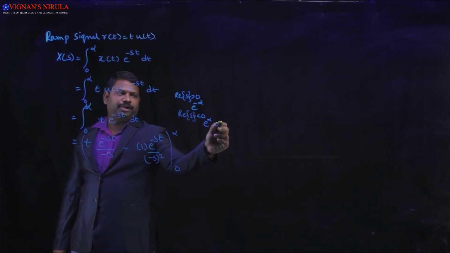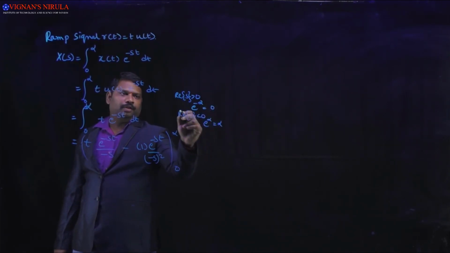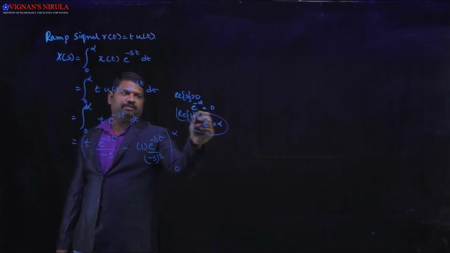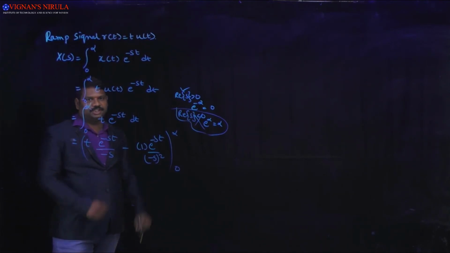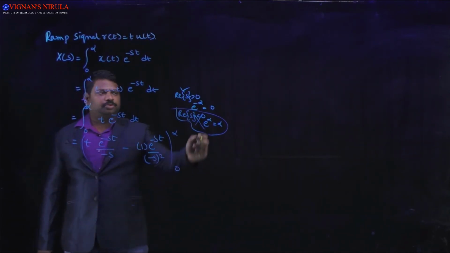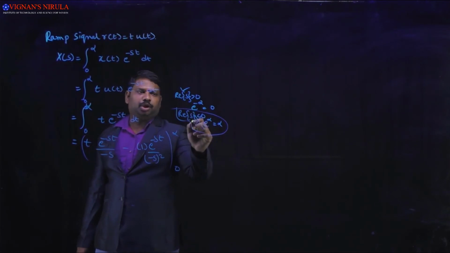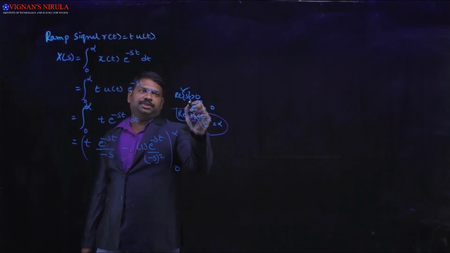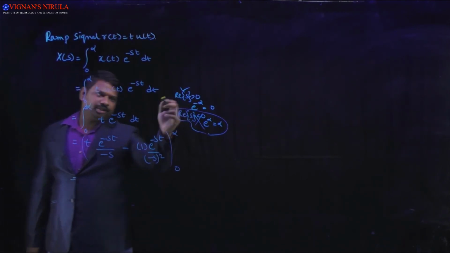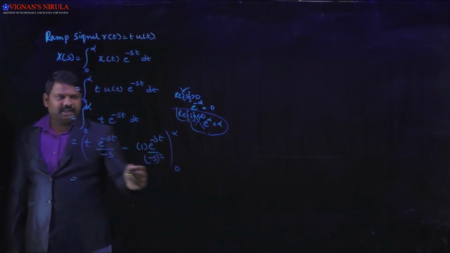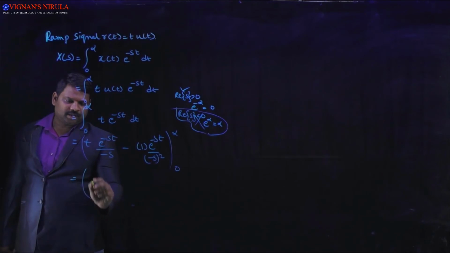E power infinity will be infinity, and e power minus infinity is 0. Therefore, we take the region of convergence as Re of s greater than 0, and we do not consider the other region, as it becomes infinity there. Taking that as the region of convergence, this entire integration can be written as t into